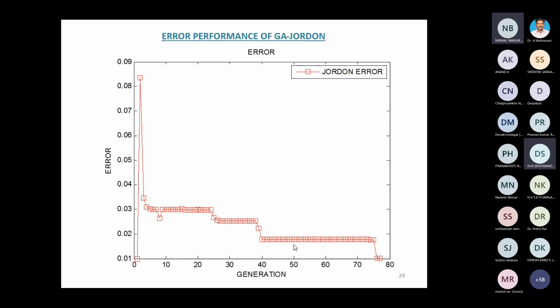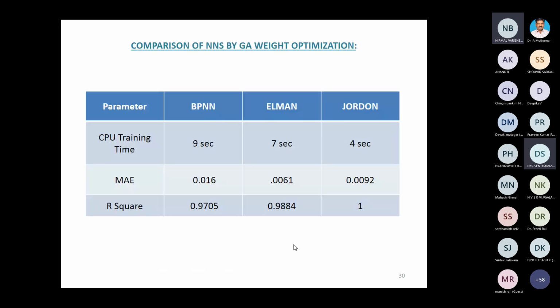Now I'm comparing the performance of different neural networks, though I consider only recurrent type neural networks here. But assume that if there is no feedback, if there is no context layer, then that is called a basic feed forward backpropagation neural network. If I am applying a backpropagation algorithm, what will be the performance?